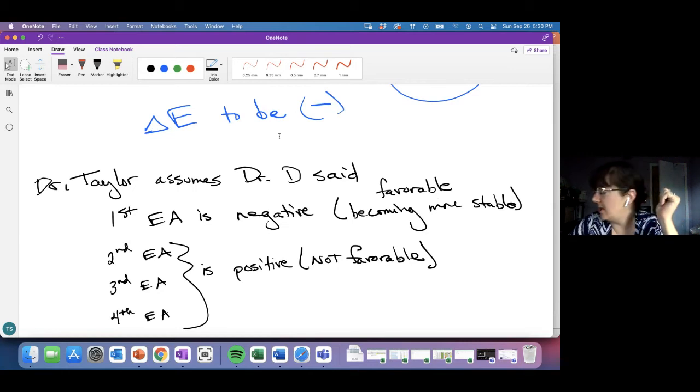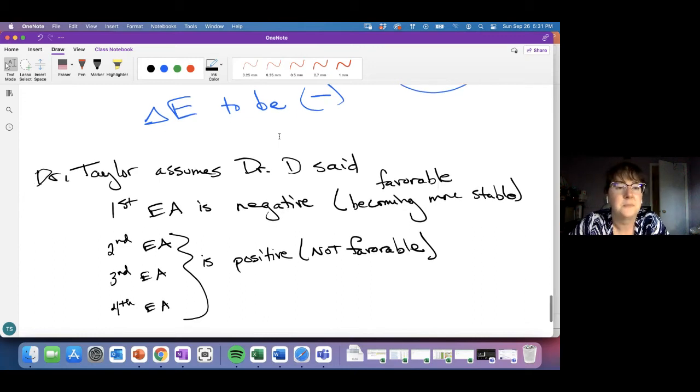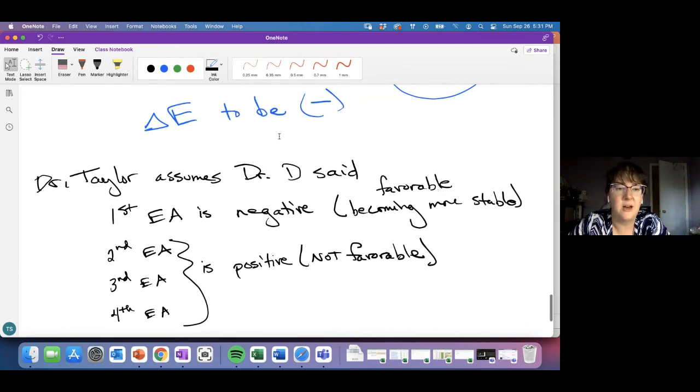Your textbook, and actually I meant to grab the textbook. I saw it in my office today and I was like, I should take that with me. I'm like, nah. Because your textbook, I thought, basically was just trying to look at the magnitude overall. So I thought your textbook basically did an absolute value of